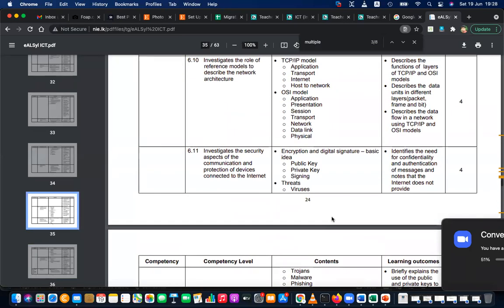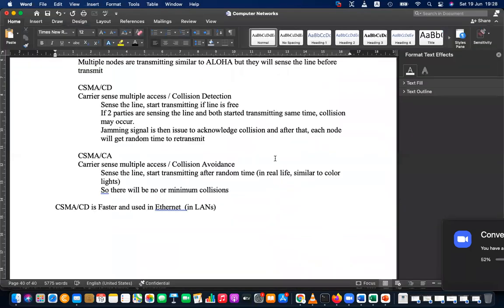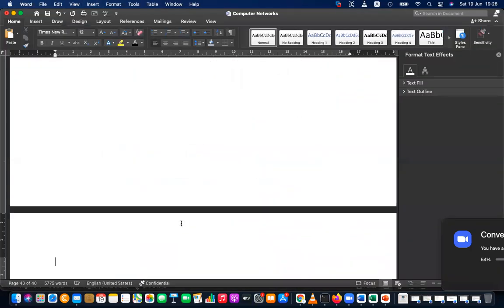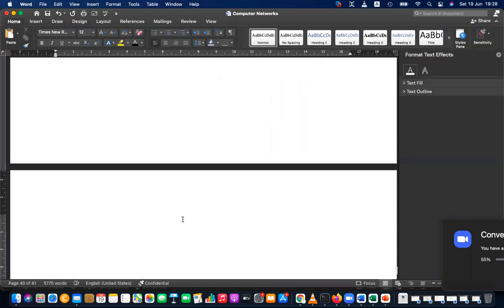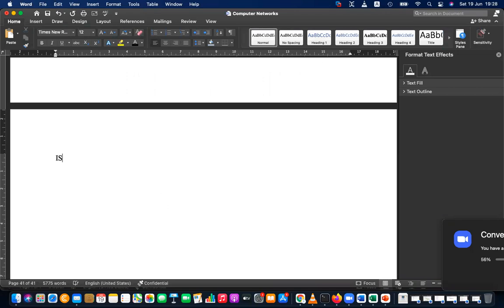Okay, then let's try the subheading. The next part is the ISO OSI model. International Standardization Organization